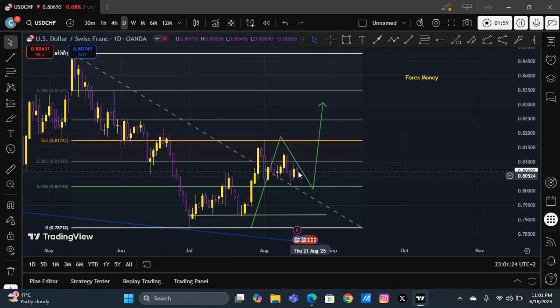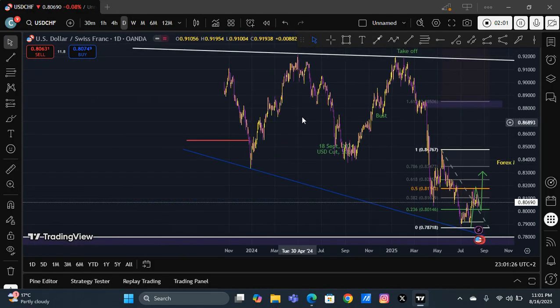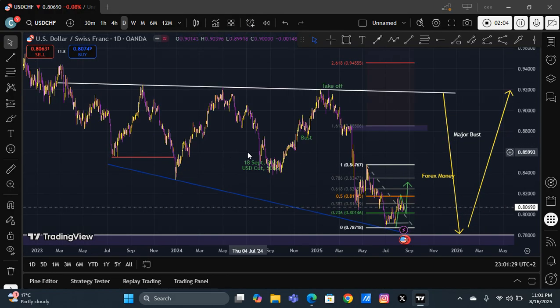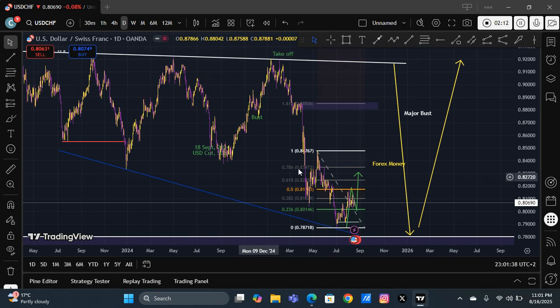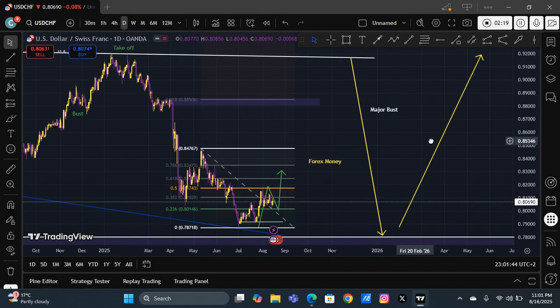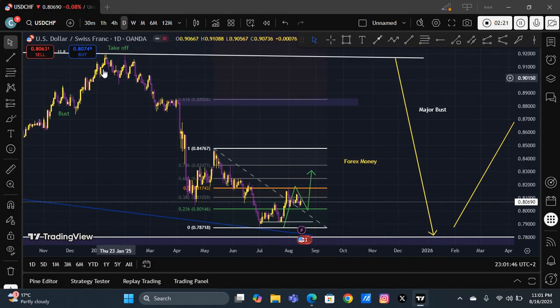So, what is happening here? The price action part of the trade is that we have a first touch on the trend line, the second touch is here, and we're expecting a third touch in the future. The reason why I'm investing on a bullish move, on buying the US dollar, is because of